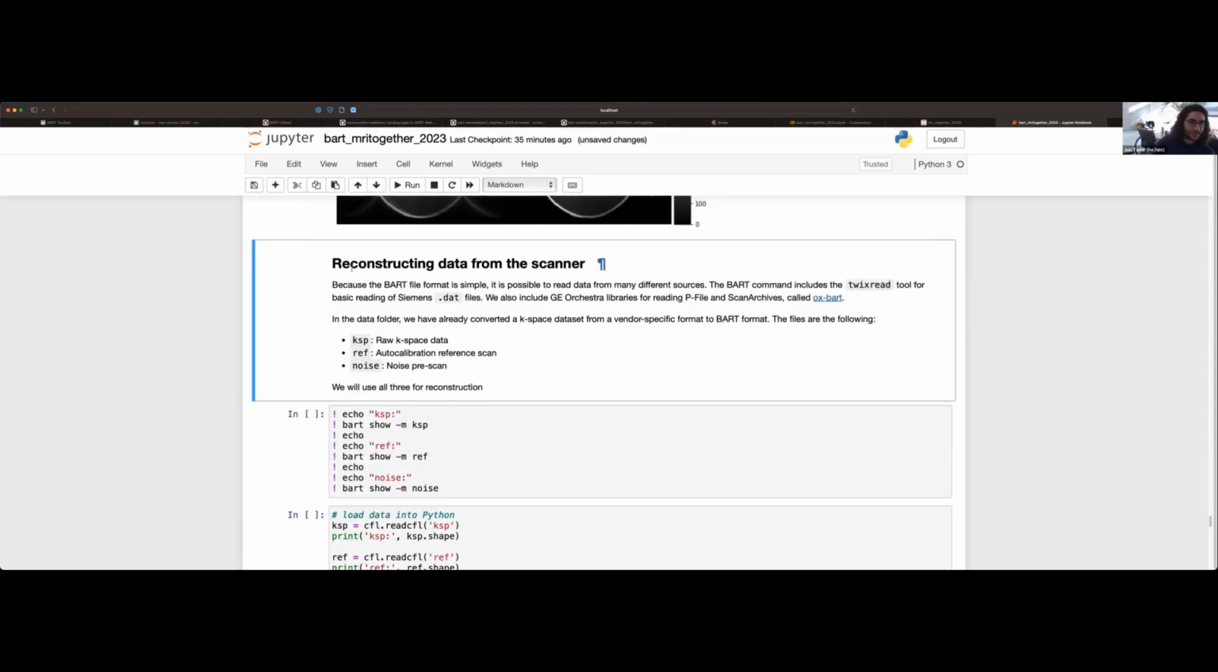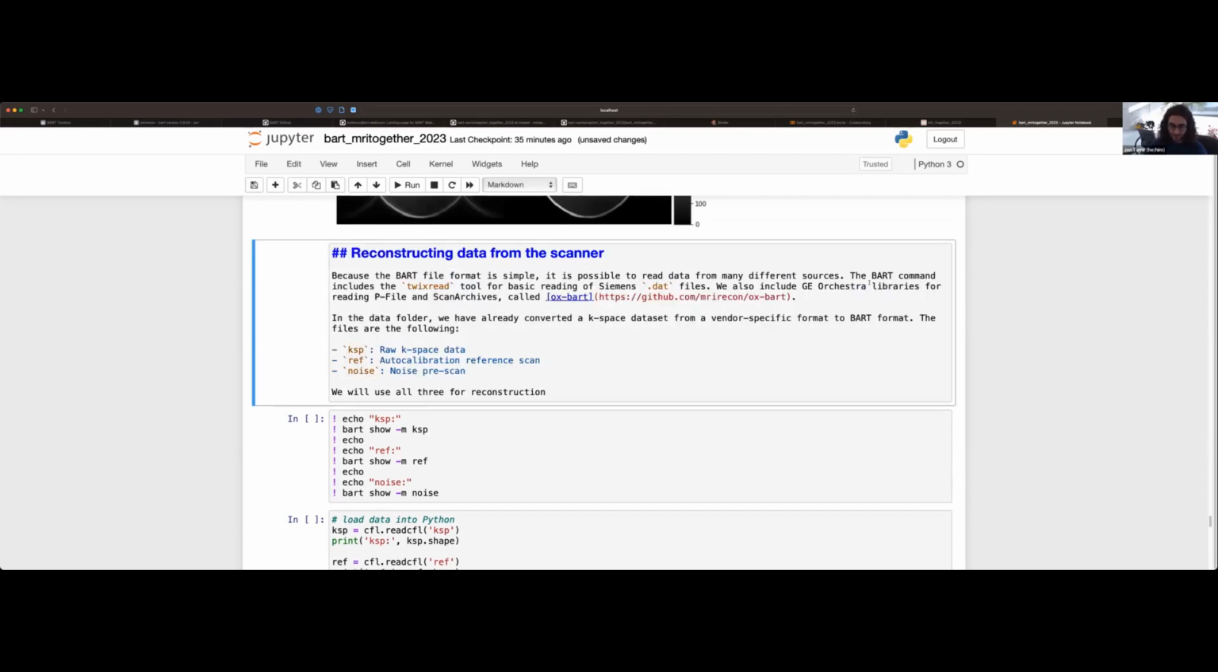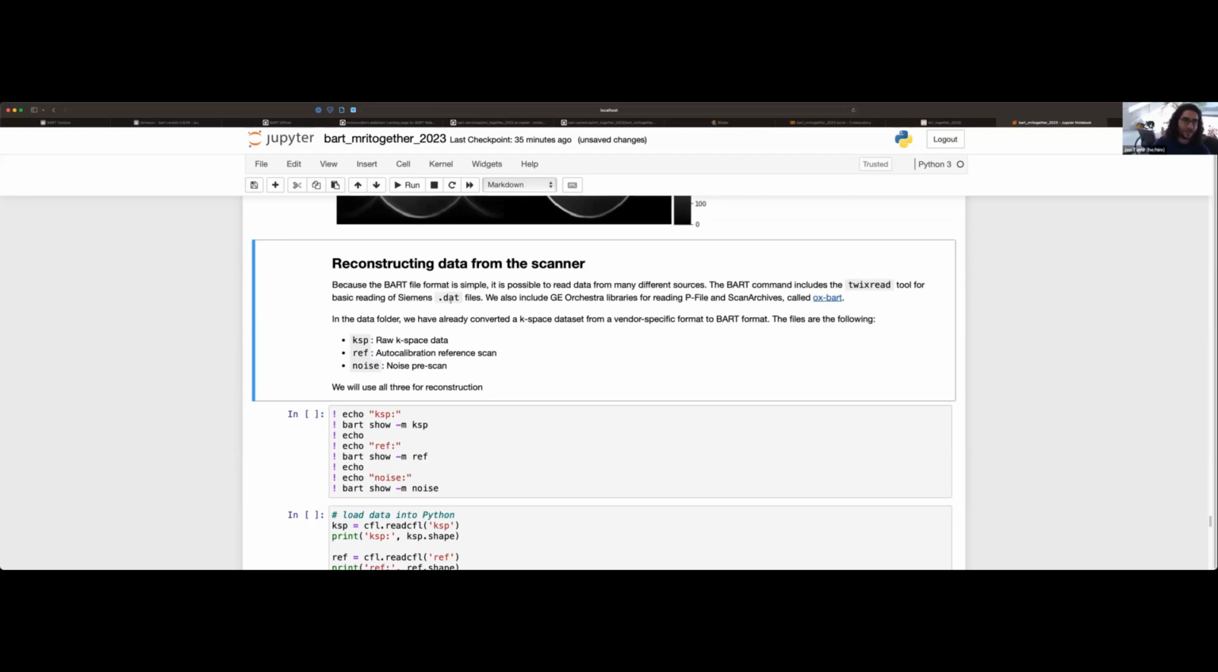Okay, the next little piece that I want to go through is reconstructing data directly from scanner data. And again, because the BART file format is simple, it's possible to read data from many sources. In particular, BART internally has a Twix read tool for directly reading Siemens data. And we also have on our website a GE Orchestra library, which lets you directly read P-file and scan archives. But again, you can create any reader as long as you interleave the binary file correctly for the real and